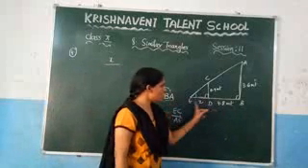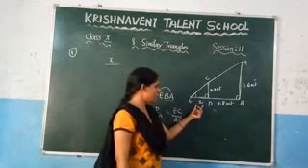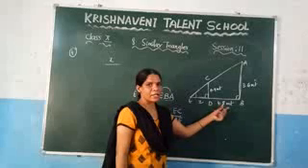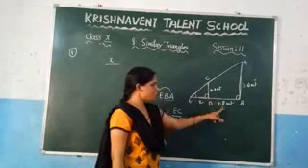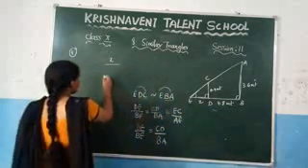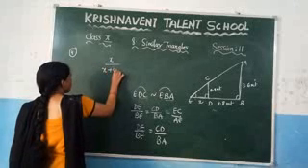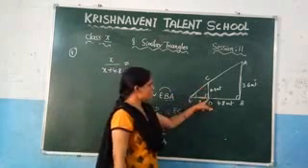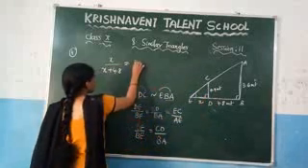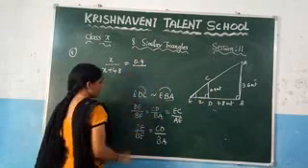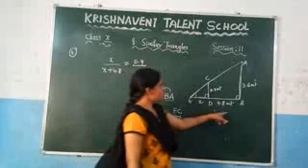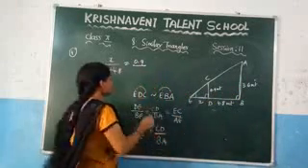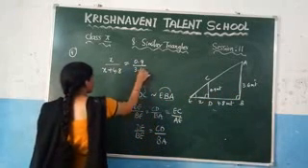BE is nothing but this total length. So here if this length is x and if it is 4.8, what is the total length, which is x plus 4.8. So write it here: x plus 4.8 is equal to what is the length of CD, which is 0.9, and what is the length of BA, which is 3.6. So write it here 3.6.